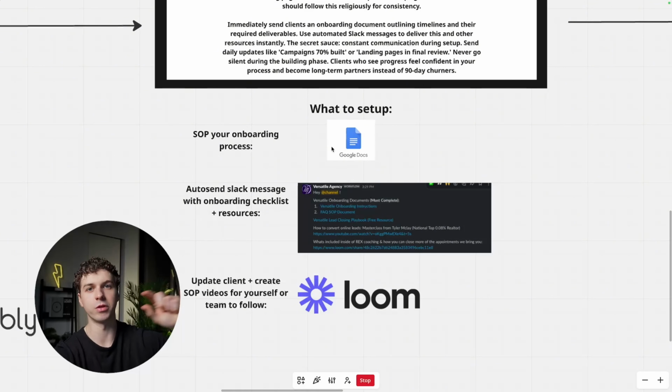And this way, you don't have to show them step by step for your team, or if you're just doing it yourself, you could just look at this SOP, make sure the checklist is completed, and your client is now onboarded. And like I mentioned before, we auto send a Slack message with the onboarding checklist and more resources that we have included. This is super easy to do, again, through Pabbly, and then also through a Slack workspace,